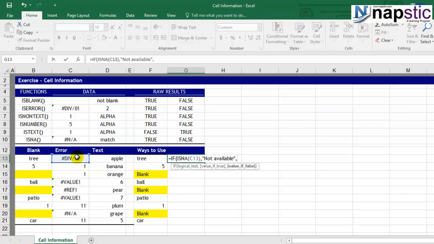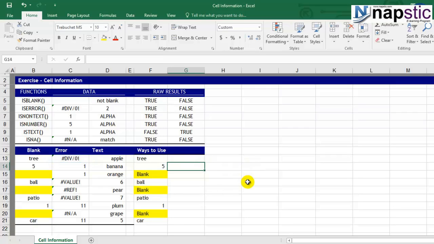In case this is false, then we want it to be left blank. So I'm putting inverted commas with a blank in between. I'll repeat: if hash not available error, then it should write not available. If it is not that error, then it should give us a blank. We close the bracket and press enter.